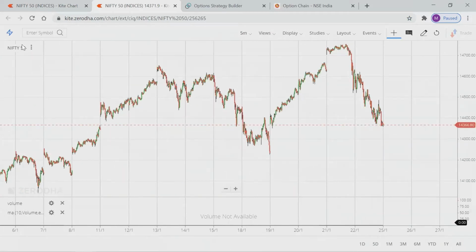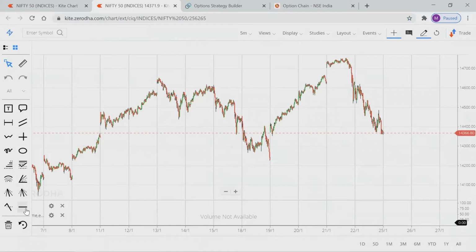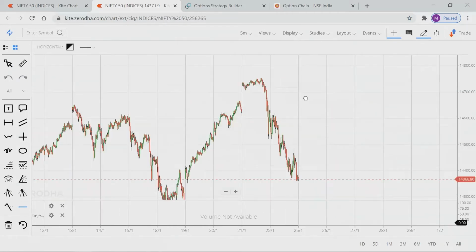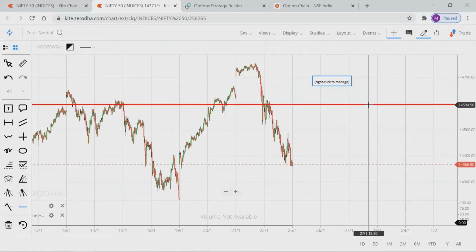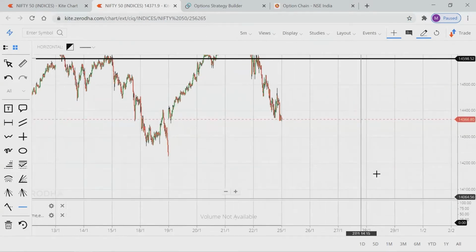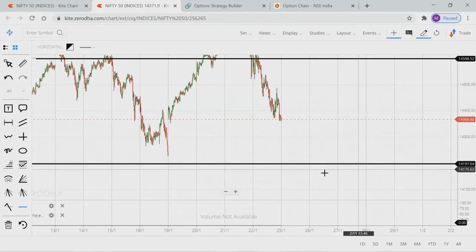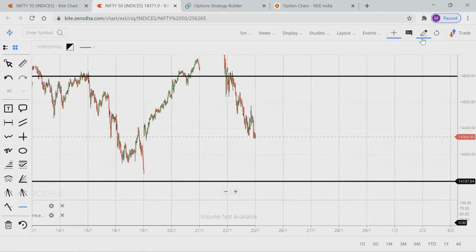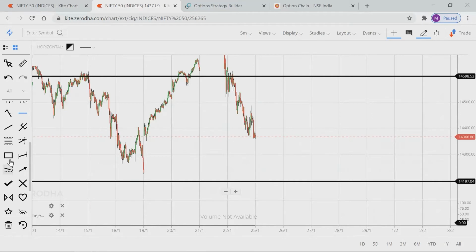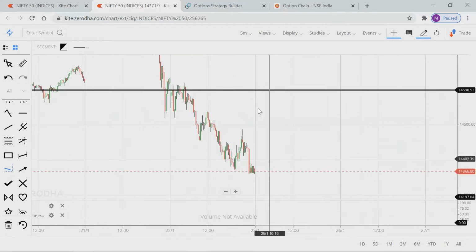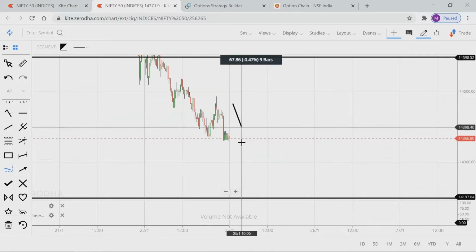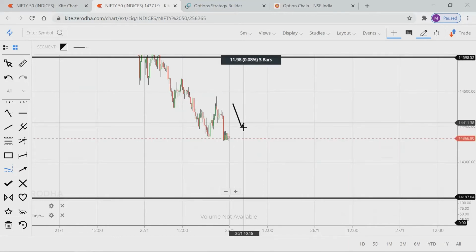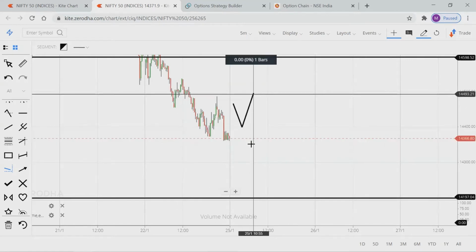Okay, this is Nifty, and 14,600 and 14,200. So 14,200 put strike and 14,600 call strike are what we have shorted, right? So irrespective of market direction, you will be in profit if the market stays in this range. Imagine that on the next trading day, the market opens here and it comes like this, it moves upward again like this, and if it falls down like this,